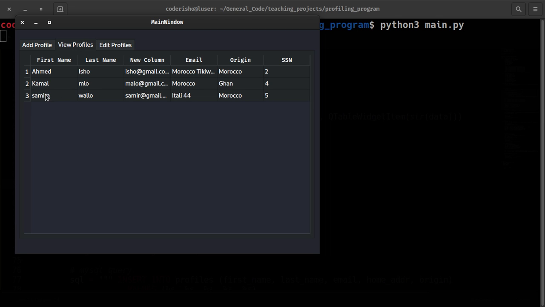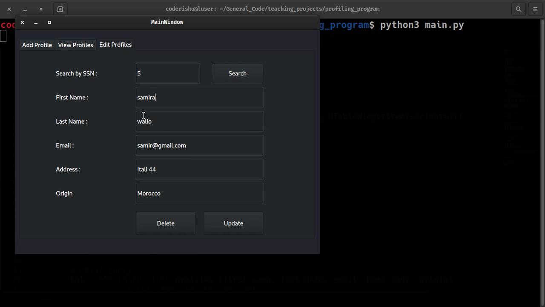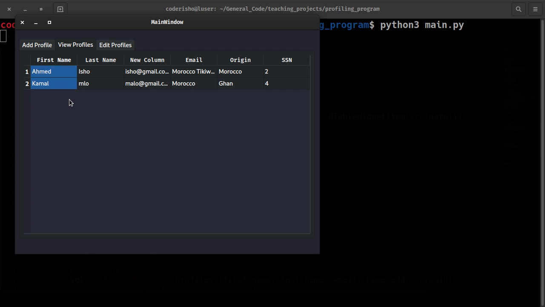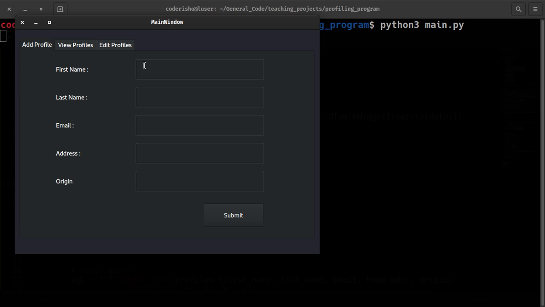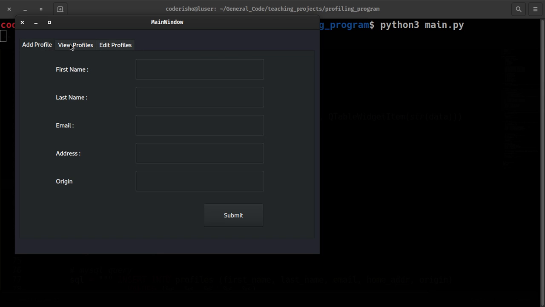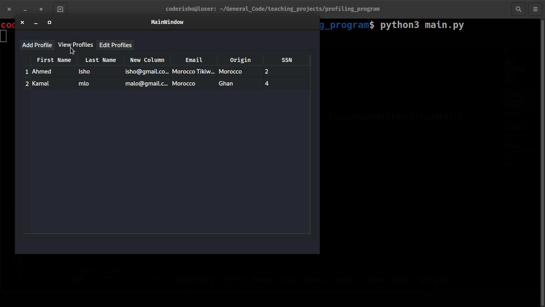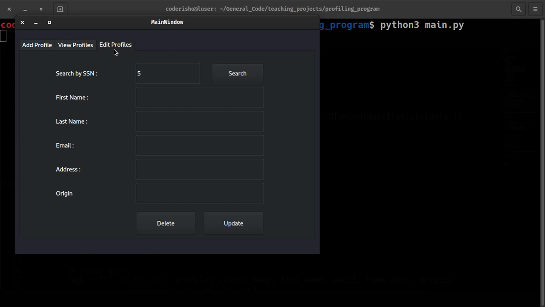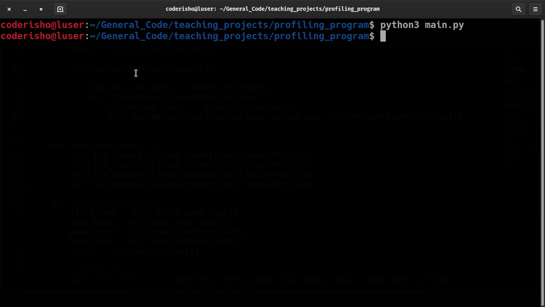The profile has been successfully updated. If we want to delete a profile, just hit delete and it will automatically delete it, just like you see here. So our project is officially done. We just need to have some styling if we do want to do that, but for the record, our profiling program is officially done. Okay, so this is the end, or this is the final version of our software. So have fun, and I hope you learned something new as a